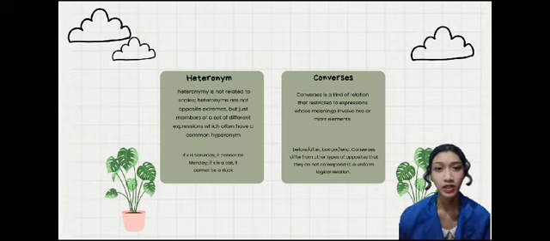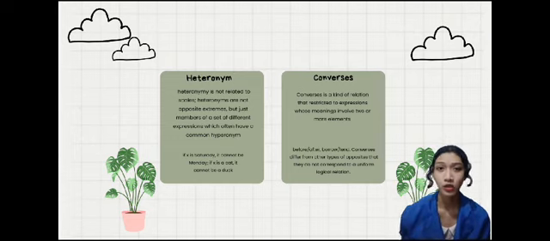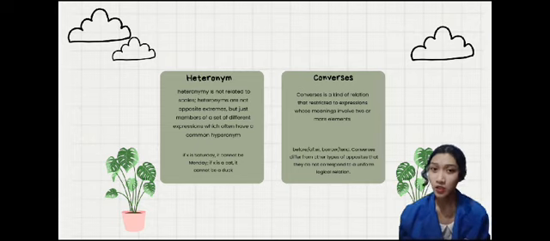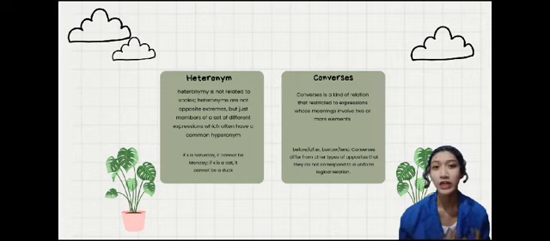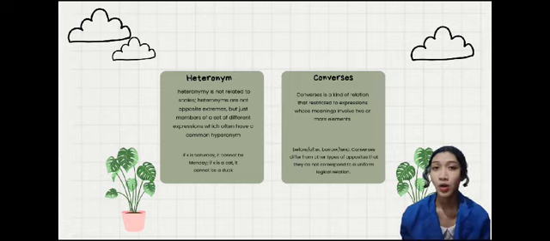Converse is a kind of relation that is restricted to expressions whose meaning involves two or more elements. The terms express a relation in the widest sense. Two expressions are called converses of each other if they express the same relation with reversed roles. Examples: before, after, borrow, lend. Converses differ from other types of opposites in that they do not correspond to the